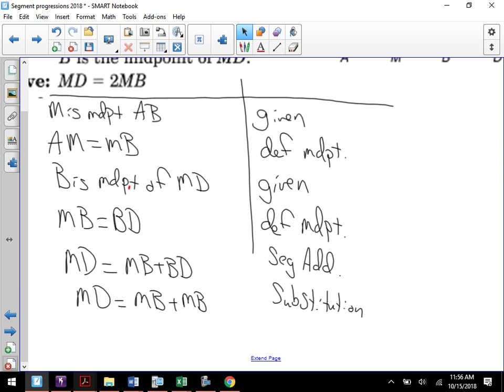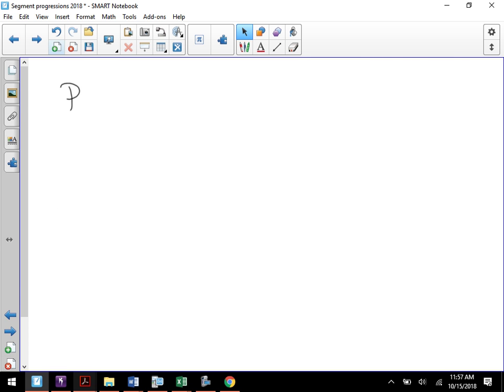So this packet that I'm giving you guys now has got a bunch of stuff that we're going to be doing over the course of the next few days. So don't lose this thing. But for today, I only want to do a couple of these, so I'll write this down real quick. On page 1, the bottom,